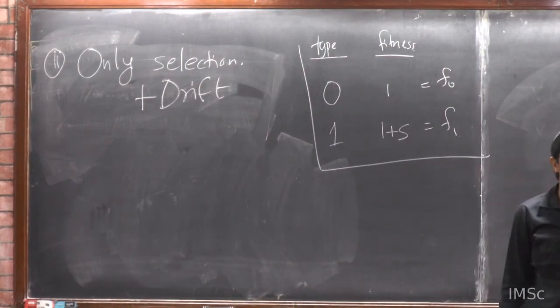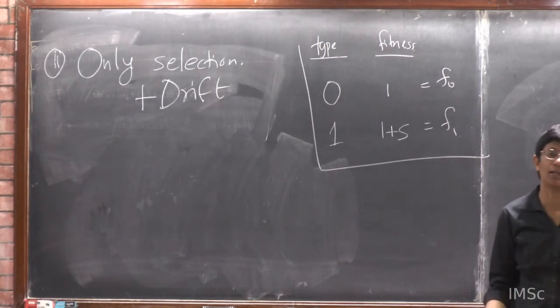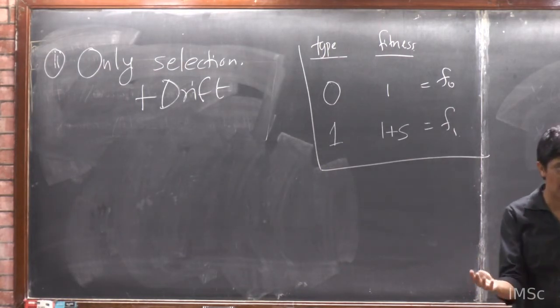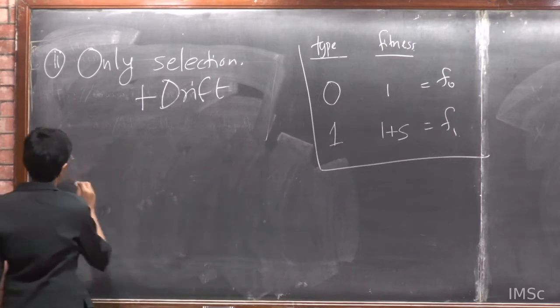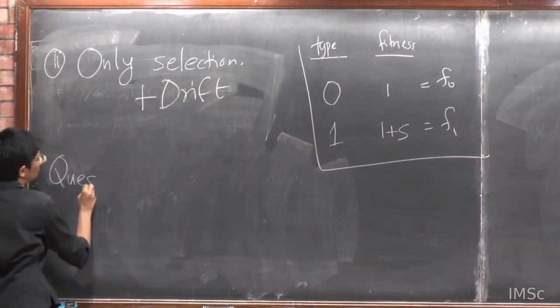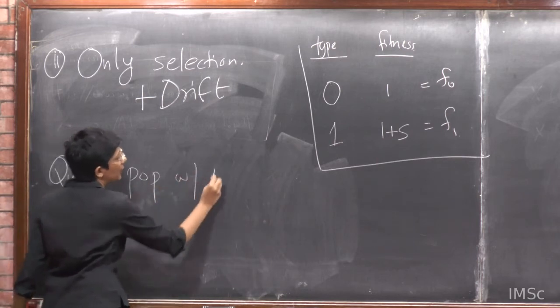So I have a model again, your usual favorite Wright-Fisher model, in which I have n particles, a 0 type and a 1 type. So let me ask you specifically the following question. I have a population with n particles,